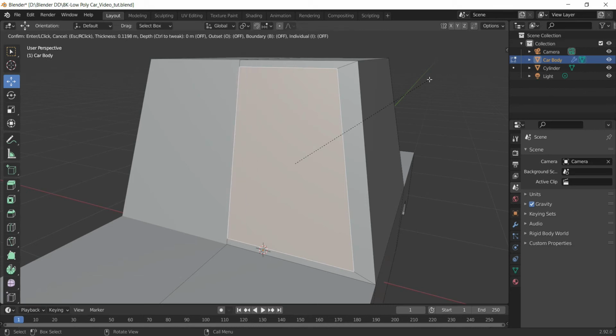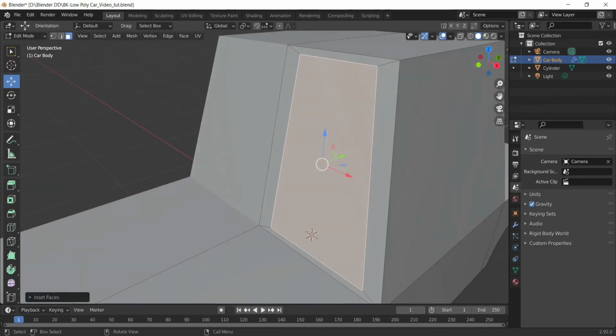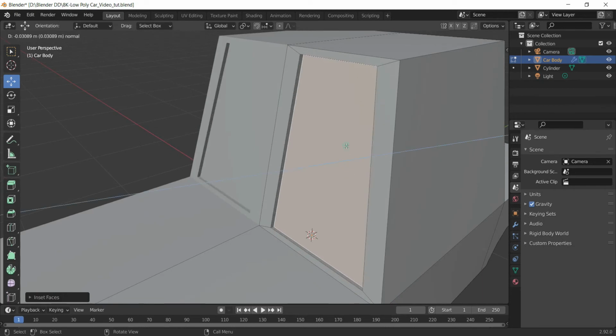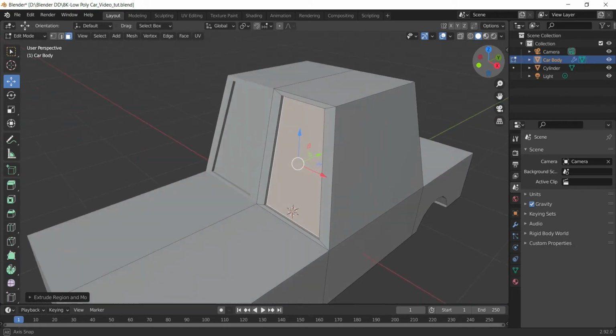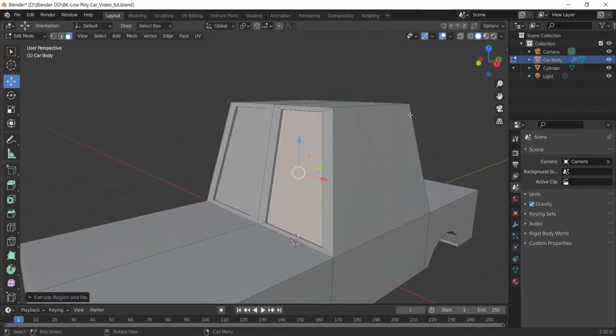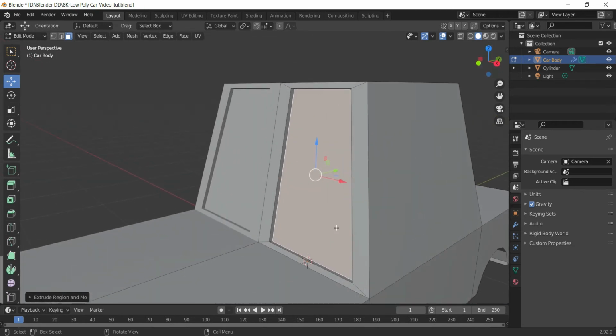Now if I switch off the boundary, this output is convenient for us, because if I keep the inset face like this and extrude it, I will get my windshield like this, which is not a correct modeling design. We have a single windshield, not divided in two sections. This would look ideal for a window, but not for the windshield.